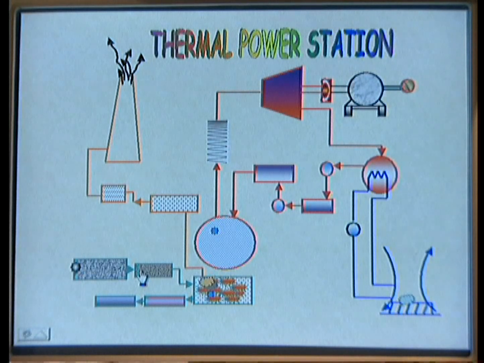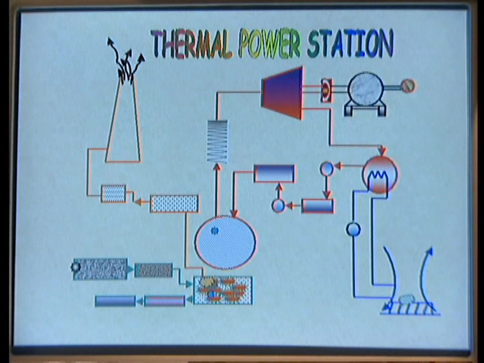into a powder form. This powder form and some air from the air preheater is sprayed into the furnace, where complete combustion takes place. After combustion, it gives 3 outputs. Number 1, it gives the ash. Number 2, it gives the flue gases. Number 3, which is required, heat energy.